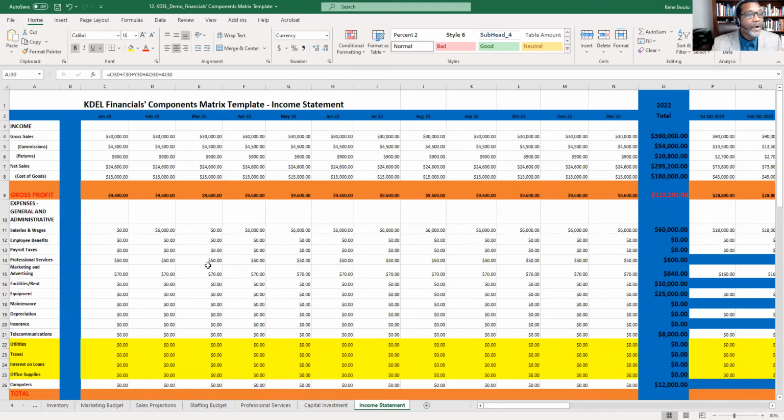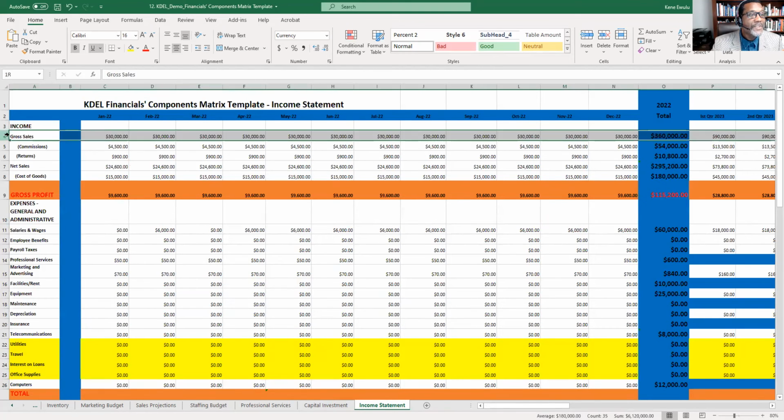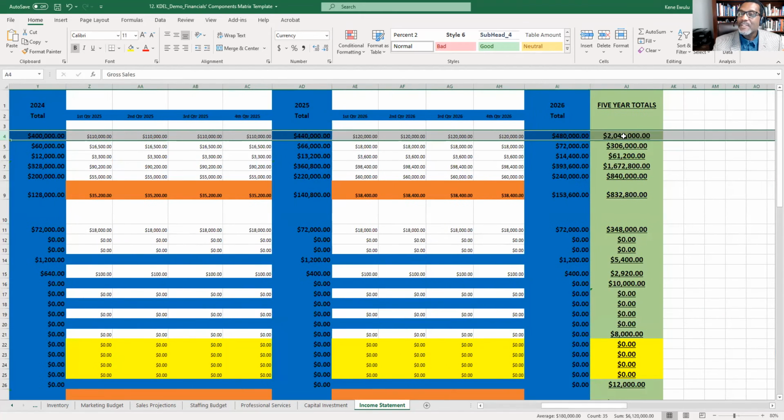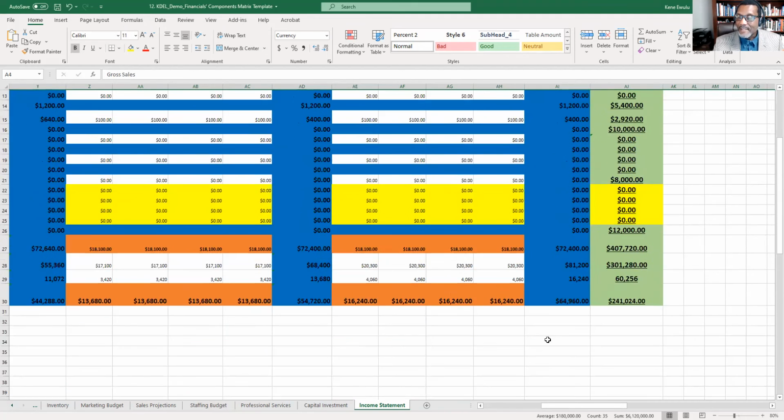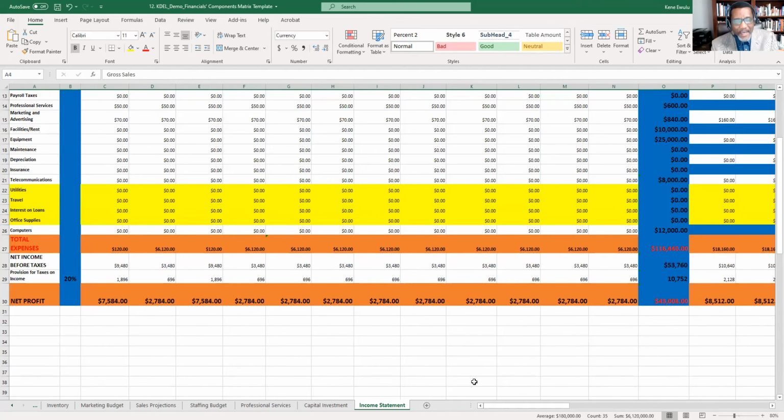Let's look at that again up here. This is your gross sales. That number goes up there, and that's your gross sales: $2 million. Of course, by the time you take out all your expenses all the way down there, you get down to just having a profit of 241,000. So as you can see, this is a very realistic, accurate